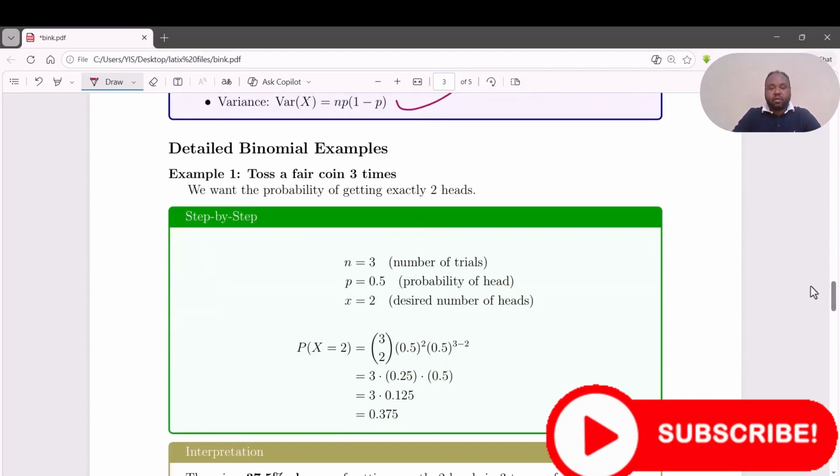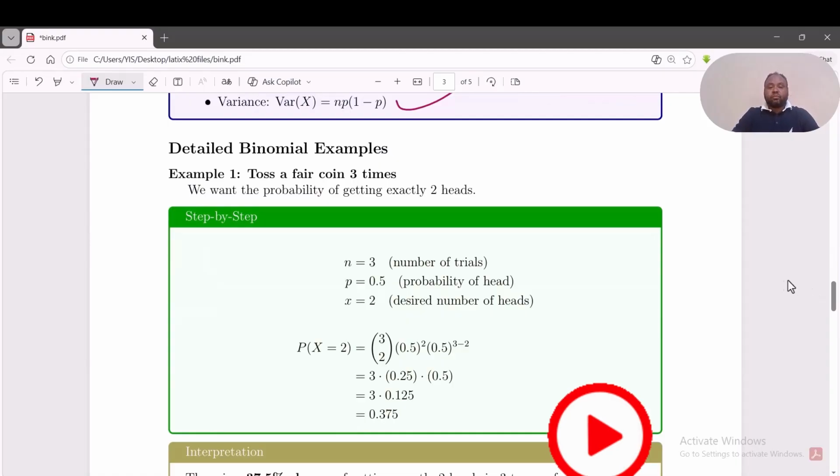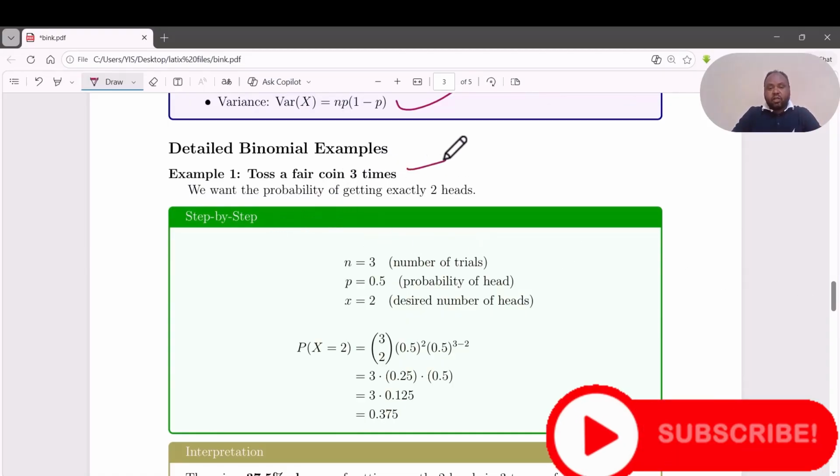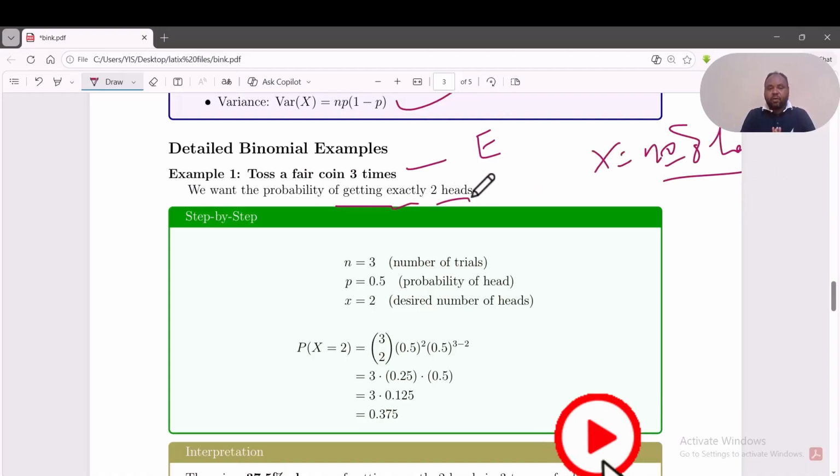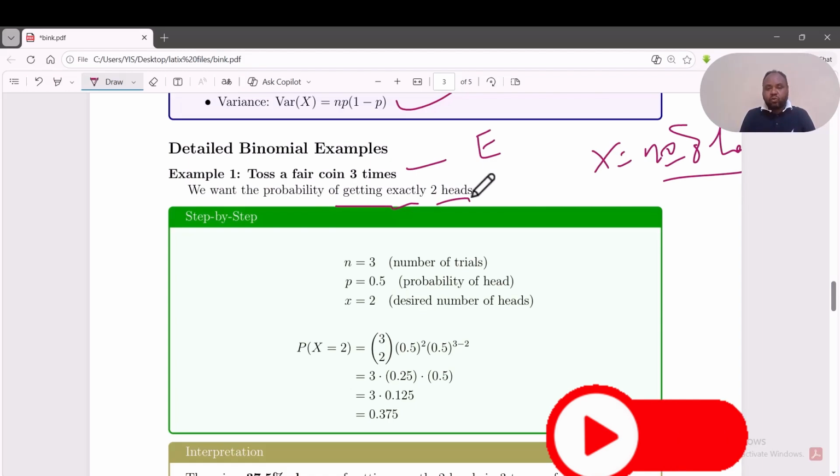Let us see examples about the binomial distribution. Tossing a fair coin 3 times is a random experiment, right? A random experiment is the base for everything in probability we mentioned so far. So what's the probability of getting exactly 2 heads, or what's the probability of getting outcomes with 2 heads, is